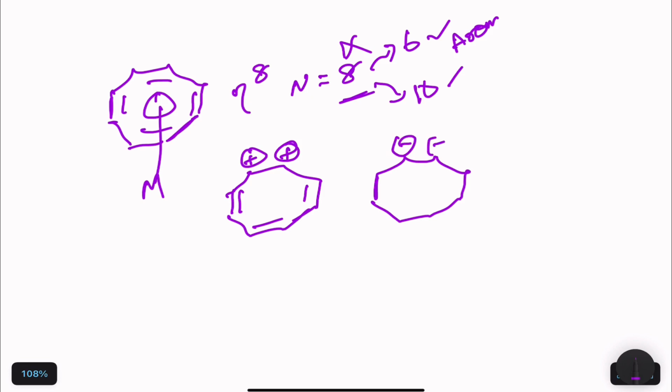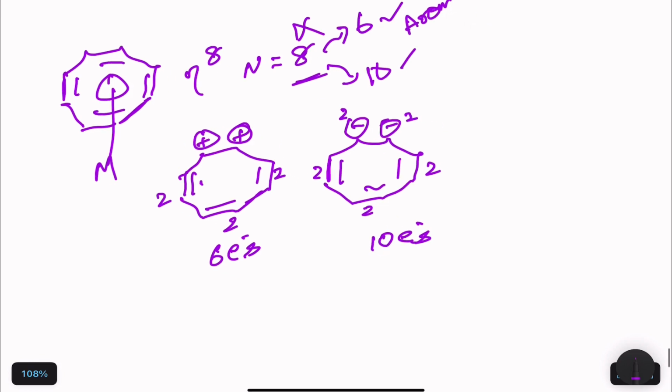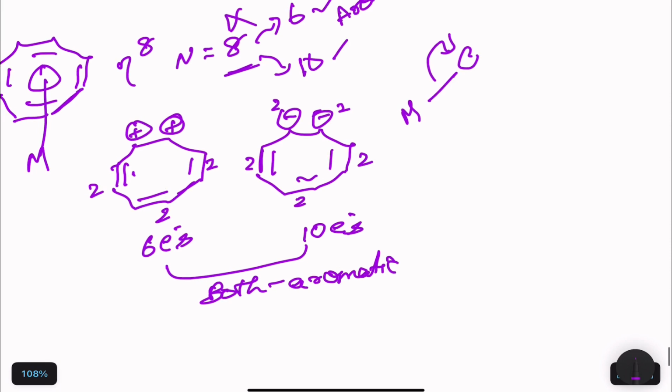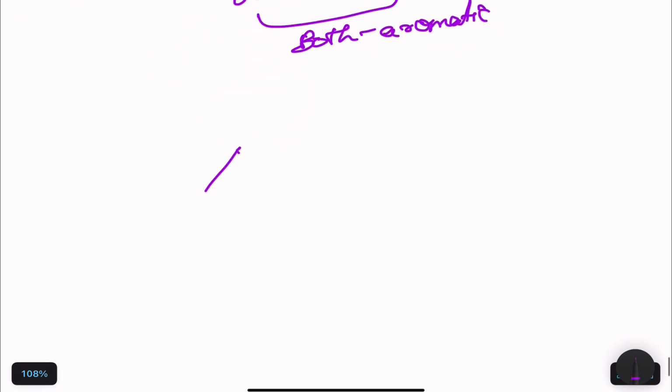Okay, so here if you see 1, 2, 3, 4, 5, 6, 6 electrons. Here if you see 1, 2, 3, 4, 5, 6, 7, 8, 9, 10, 10 electrons. So both are possible because both are aromatic, but we have to choose between these structures. Okay, so since it is confusing, I told you that when a metal is bound to a carbon, the carbon will always gain the electron because both are aromatic. Okay, so it is going to gain the electron. So this structure is followed. So in the oxidation method the electronic contribution will be 10 electrons, not 6 electrons. Okay, and then we will move on to